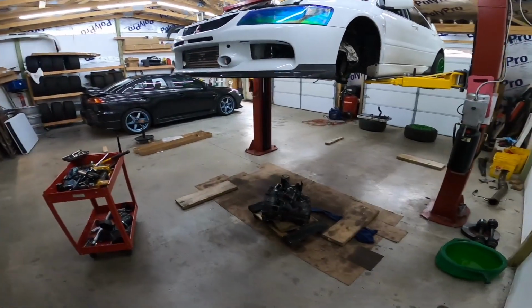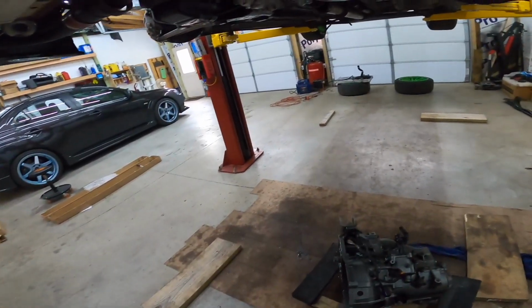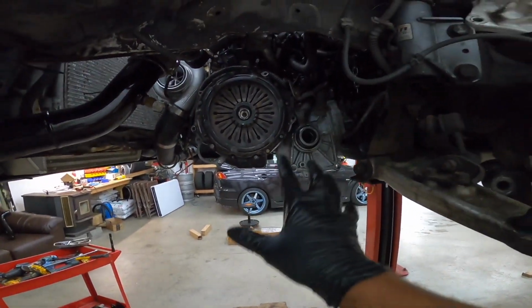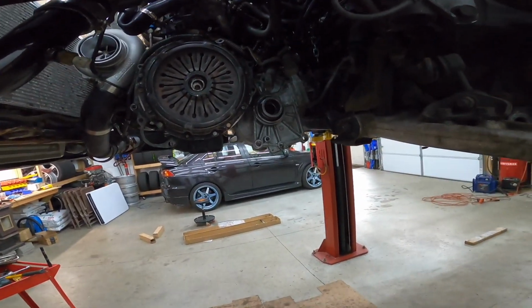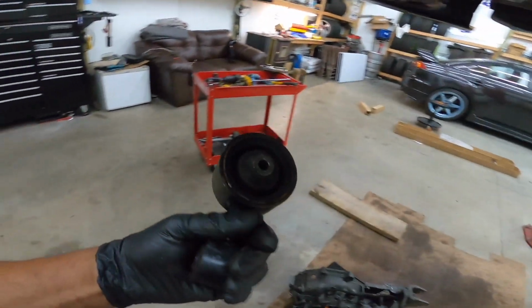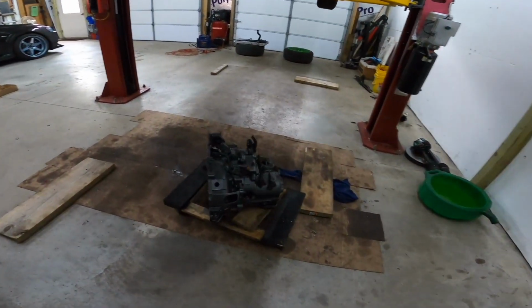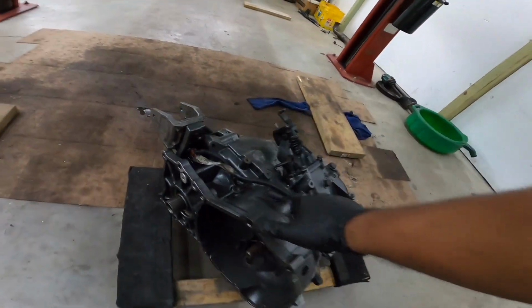Folks, here we go. So you see what it is. I had a little bit of trouble getting it out just because it's kind of tight in here. Obviously, as you can tell, it's really tight, but I got it out without too many issues. My rear motor mount, I finally got it out. So now all I need to do is take this bad boy